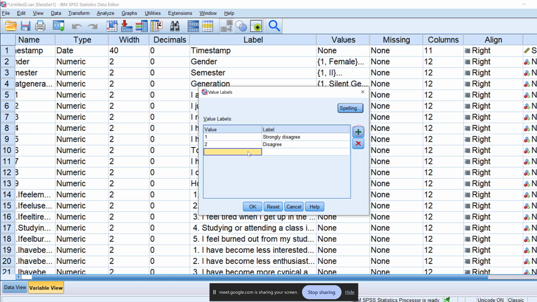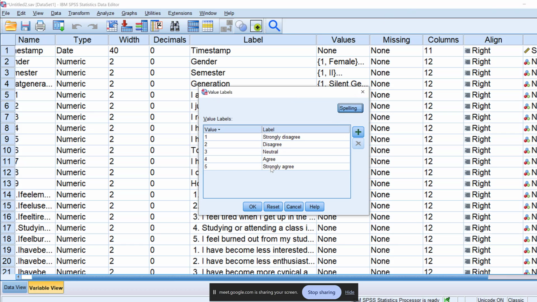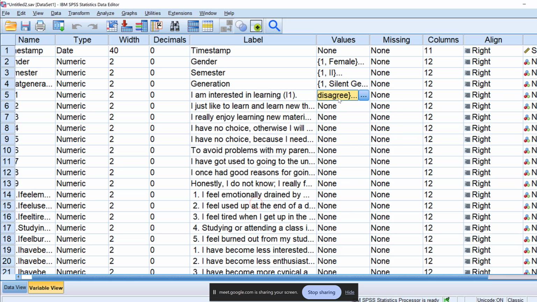I'm just copying them to avoid any spelling issues, so as not to repeat this. So anyways, neutral. Then we have 4, which is agree. And then 5, which is strongly agree. All right. So I need to click OK. And that's it. Once I have them like that, strongly disagree, disagree, neutral, strongly agree, I will just copy this